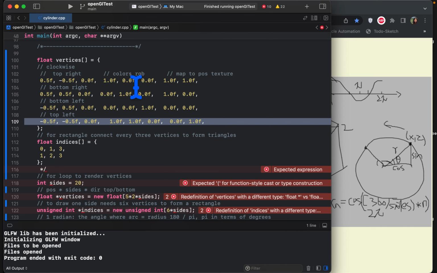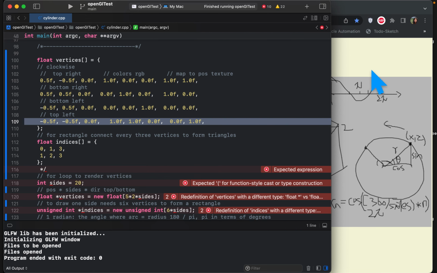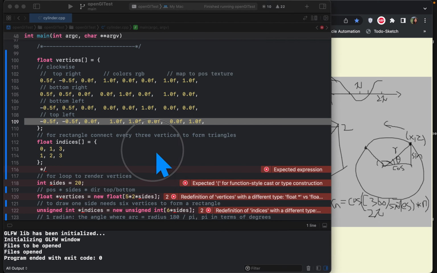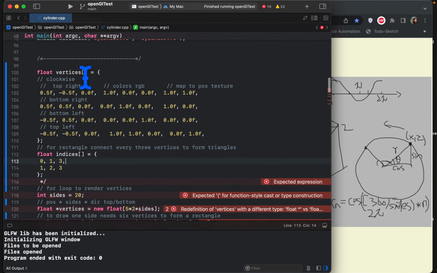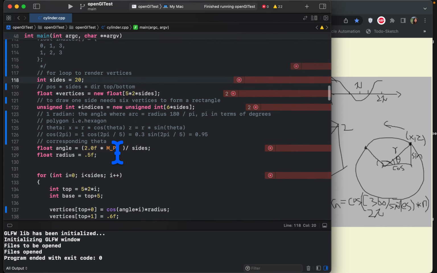So we start from 0, 1, and 3. And this is understandable. 0, 1, 3 to form one triangle, and the next 1 to 3 to form the second triangle. So this is basically how it works, but we're going to make it even faster or clearer,